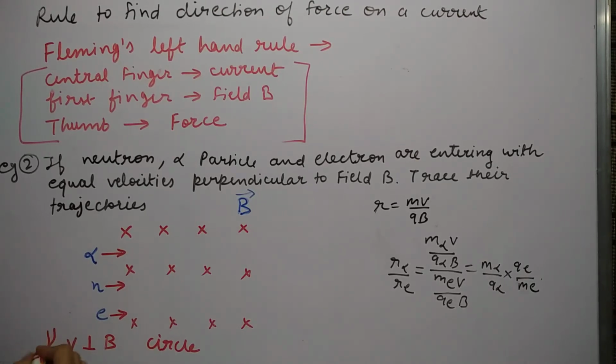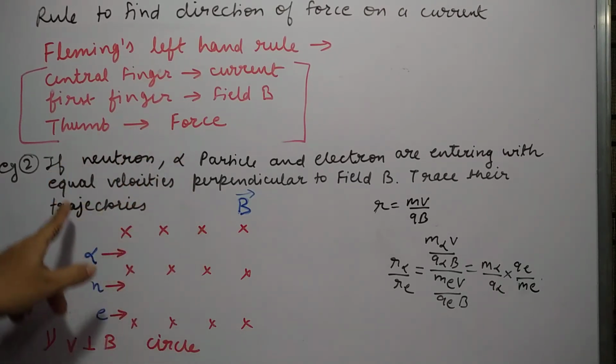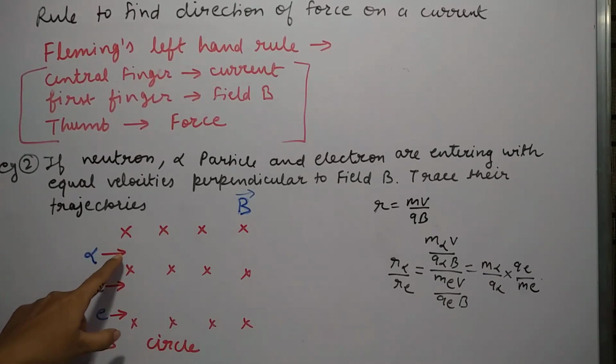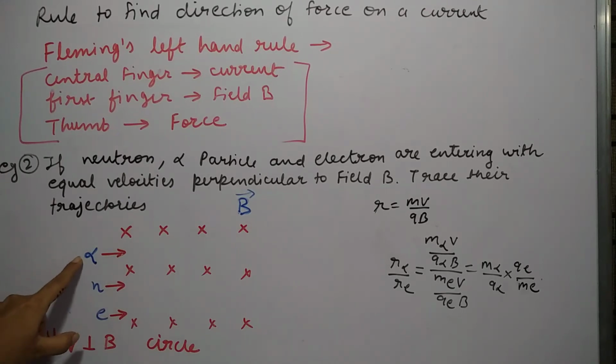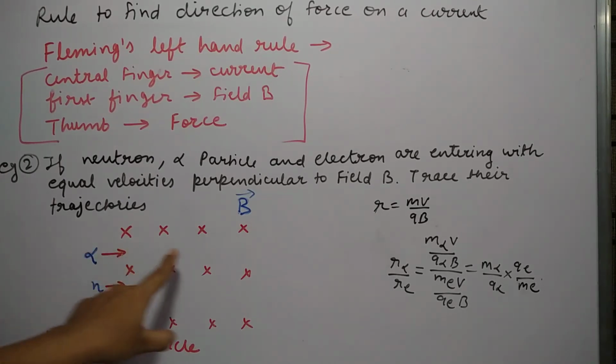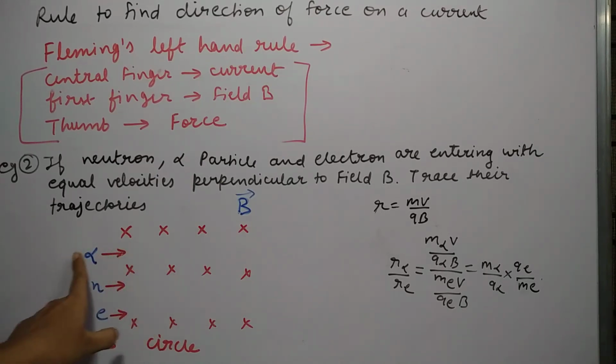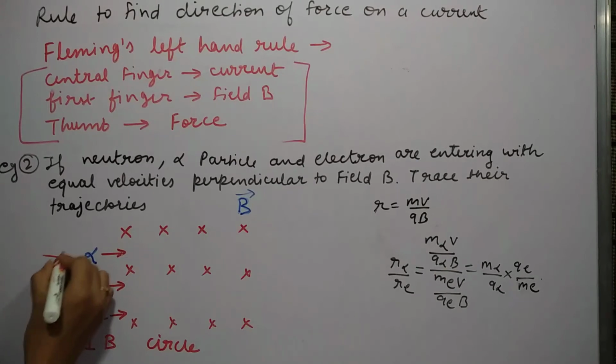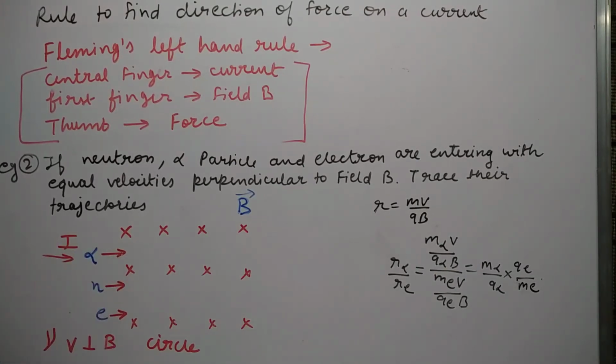First concept was this. Now second concept is where circle, like if this charge is there, it will go like this or like this. That means clockwise or anti-clockwise. So now we need to find the force direction. Okay. Alpha particle is positively charged particle. So current direction is, due to its flow, current direction is this way only. Okay. So this way only the current direction is.